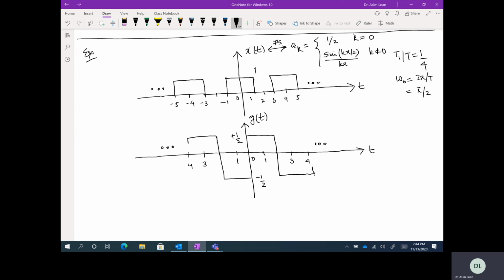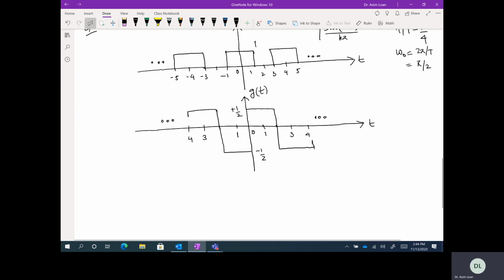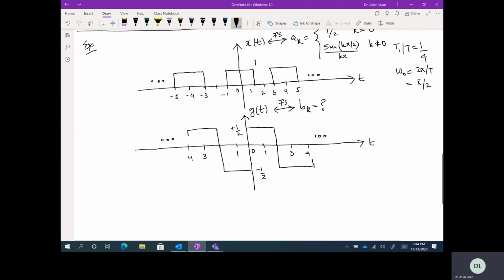How is x of t related to g of t? We want to find the Fourier series coefficients of g of t. We don't want to do the analysis equation, we know this result. So how is x of t related to g of t? So if I